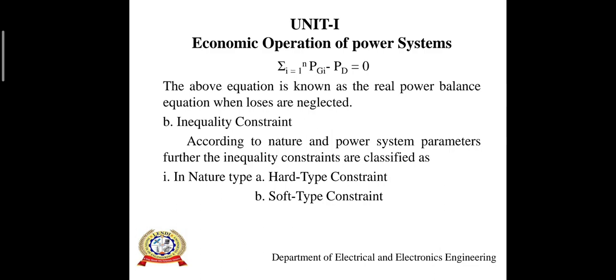Now soft type constraint. These constraints have some flexibility in violating. Whereas in hard type constraint we cannot violate or change the things, here these constraints have some flexibility to change the particular things. For example, magnitude of node voltage and the phase angle between them. We can control that, we can change the voltages and phase angles by controlling the system. So this comes under soft type constraint. So these are hard type and soft type constraints.